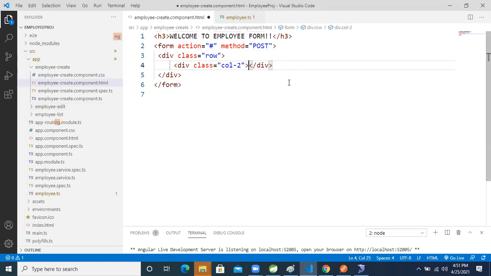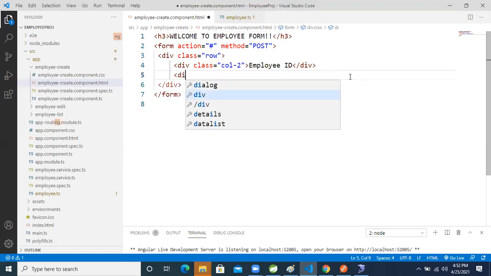So inside that, what I'm going to do now, employee ID, right? After that, next one is what? Again, I will take a div tag, div, right? Now div. Okay. So here, what I'm going to do now, class. Okay. col-md-4, right? col-md-4. Okay. Inside that, I'm taking